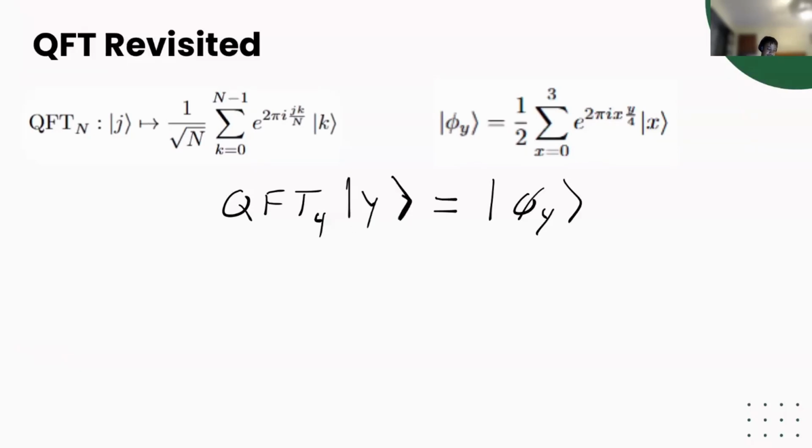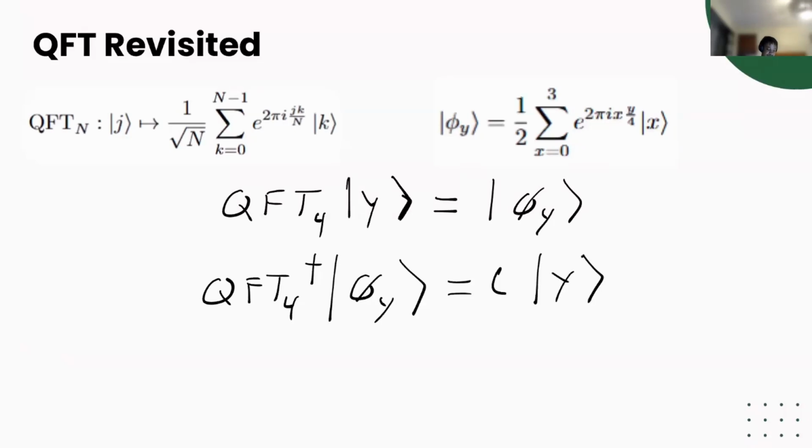Okay, so this means that if we apply the inverse of the quantum Fourier transform, so QFT dagger, for our state phi, we're going to get back our state y with some coefficient here. And the reason why we get it back is if we applied the quantum Fourier transform here, these would cancel out and we're left with some coefficient. Okay, so to recap everything that we've done, we've applied a sequence of controlled unitaries that mapped us into this Fourier basis, and to map us back into the computational basis, we're going to apply this quantum Fourier transform. And so in the event that theta is guaranteed to be an integer value, remember, we're approximating theta. Theta is approximated by y over 2 to the m, where m is the number of registers that you have in your circuit.